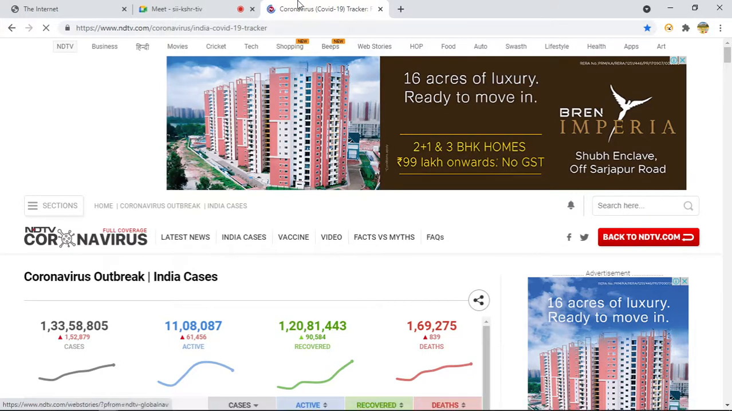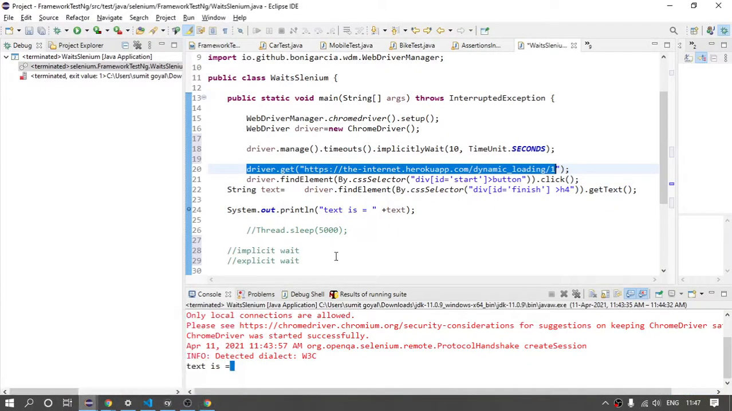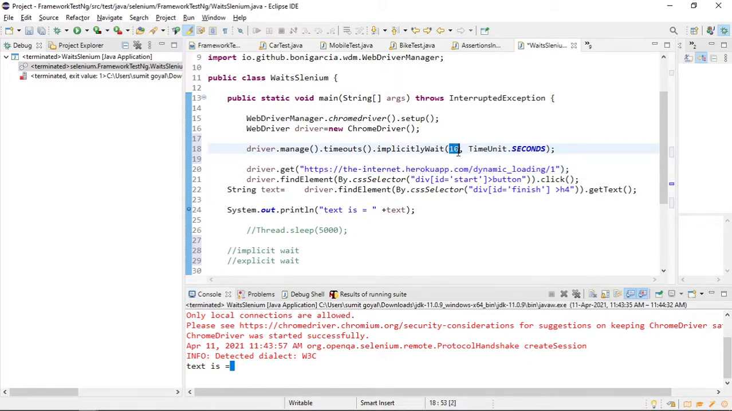But I know that this will take around 50 seconds. So I can say, before failing the test case, wait for at least 50 or 60 seconds or 1 minute. If I say 60, it will be 1 minute. So this I can define. But if I define like this,